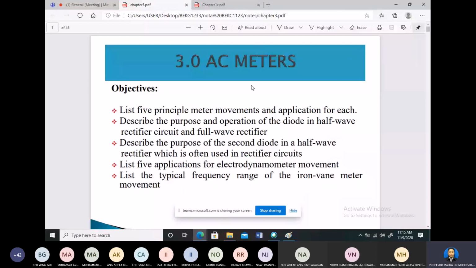So let's start our lecture for chapter 3 for the AC meters. Chapter 2 was DC meters, so now we go for the AC. AC is the alternating current. In Malay we call it arus ulang alik. Okay, so the objective of this